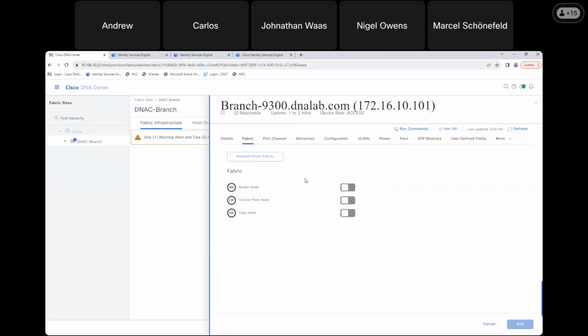DNA Center will push the Anycast gateway to it and all the other information that's required for the edge node for endpoints to start connecting to it. When I enable that, I get the option of doing a couple other things, like enabling the embedded wireless LAN controller. So I can turn that on, and if it's running the version of code,